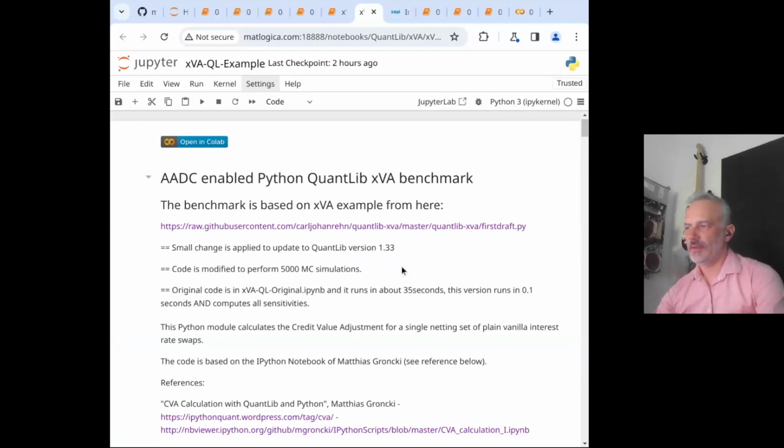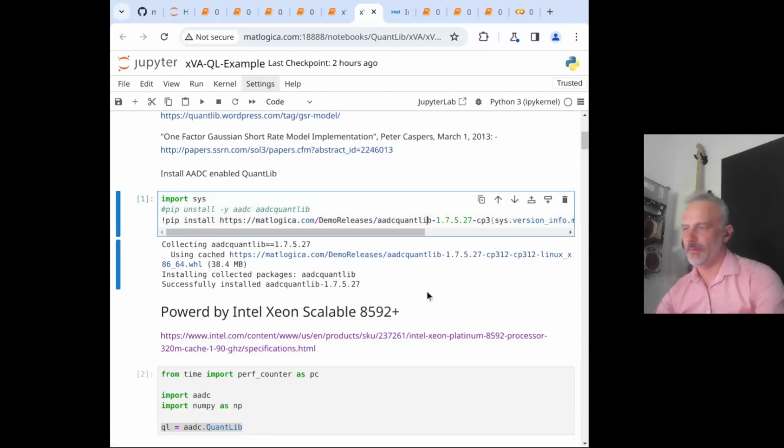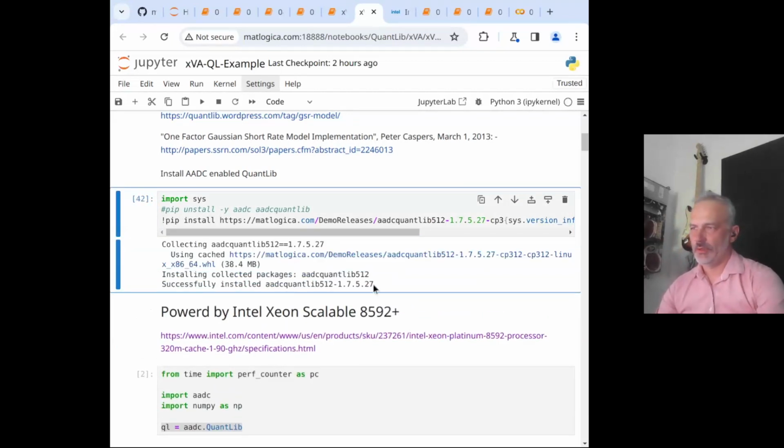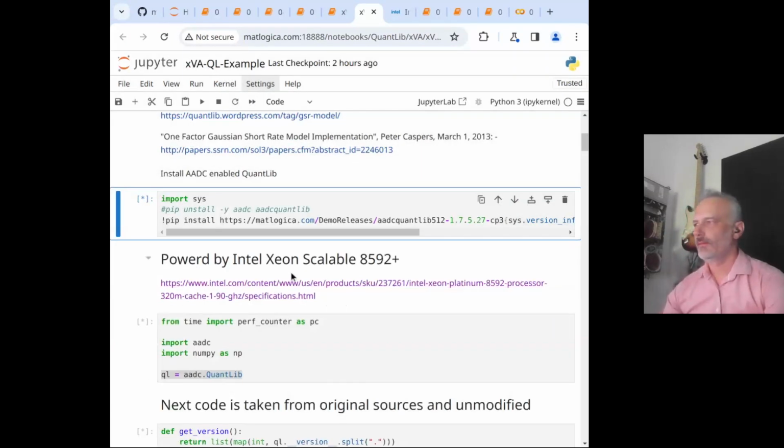So let's run the same example, but this time we're going to use the AVX 512 version of the library. We are loading a version of the ADC library that supports AVX 512, and we're going to run the full Jupyter notebook with that.